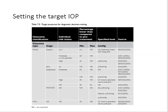So the NHMRC guidelines state that the specific target intraocular pressure should be established for each patient once they're diagnosed with actually having glaucoma or suspected of having glaucoma. And the primary purpose of any follow-up in the clinic or review of the patient is to work out whether or not this target intraocular pressure has actually been achieved, or whether there's evidence that the glaucoma has progressed further. And so this provides the basis for either continuing the medication that the patient's been put on or changing the